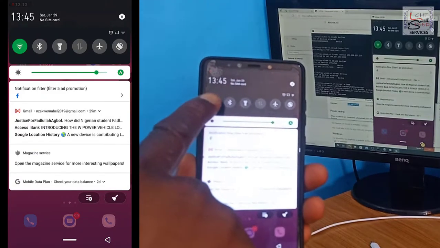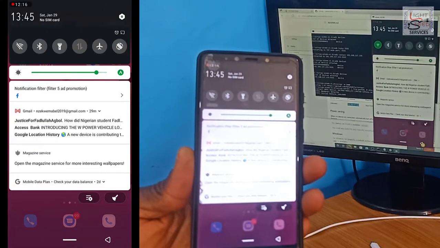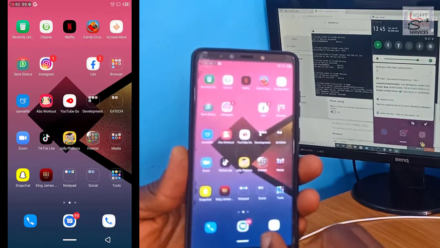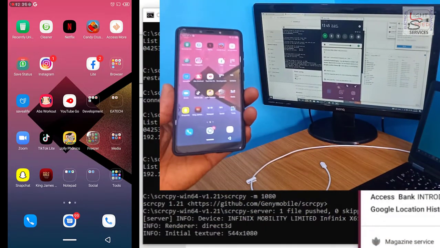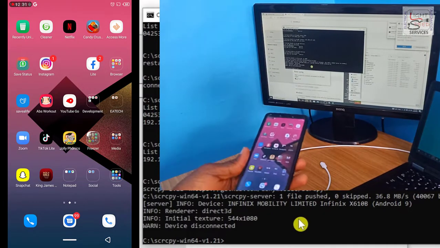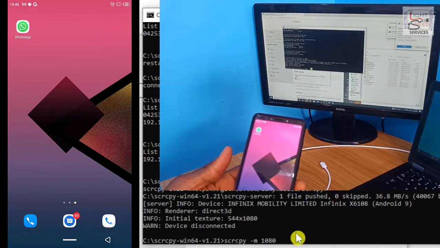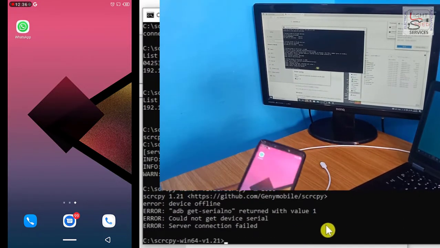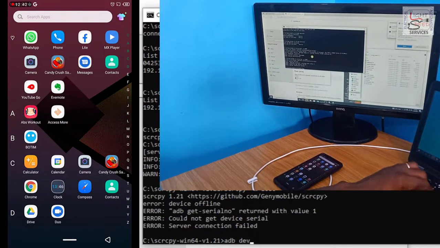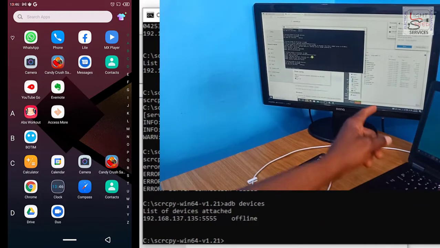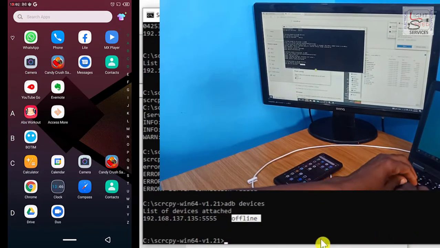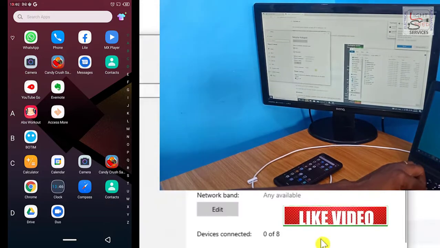Okay, so the only way to knock it off is if you find out your phone is being mirrored, you turn off the Wi-Fi. Once you're no longer connected to that network, you can see the one on the screen is frozen now. When it's no longer able to connect, it will close automatically. It has closed now. So if you look at the command prompt window, you can see it's saying the device disconnected. And when I check, I can't launch it again, I can't reconnect. And when I check the devices that are connected, it still sees that the device is connected, but it will tag it as being offline. All right. So when the network is down, then it will disconnect entirely.